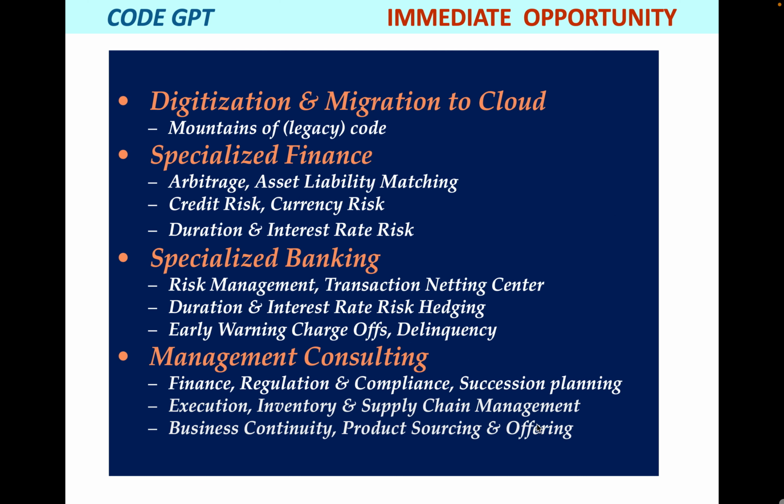As we will see in our strategic management model that we will look at in the next slide, this model, together with our AI design, allows us to address areas like specialized finance, specialized banking, and management consulting. For example, in succession planning, we also include things like corporate living wills for systemically important financial institutions. We also address issues like Basel, like Dodd-Frank, GDPR, SOX, PCI, HIPAA, and all these features for both US and